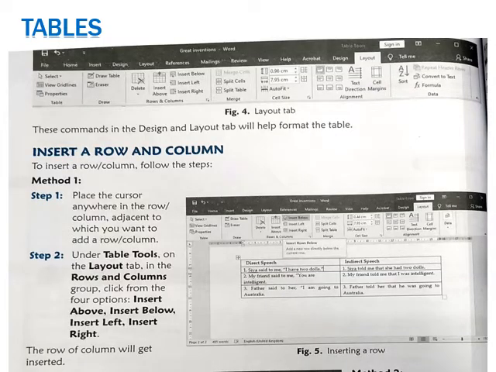Next is insert a row or a column. Before I talk about this, suppose you have designed a table which is storing the record of your class, maybe your roll number, your name and your final percentage in the last class. After you have designed a table and entered a record, maybe I ask you to add a name of one more student somewhere in between, maybe as per the alphabetical order.